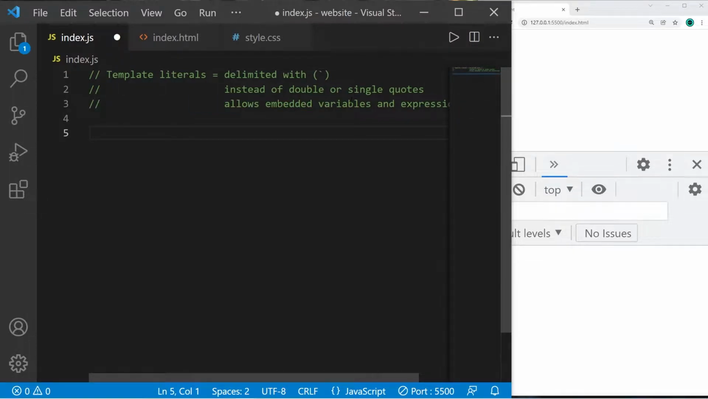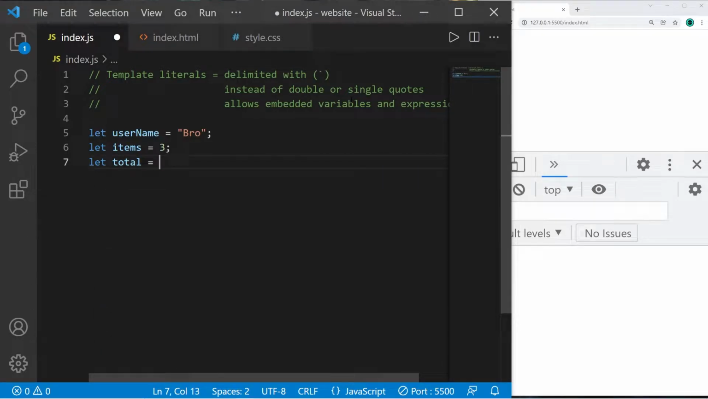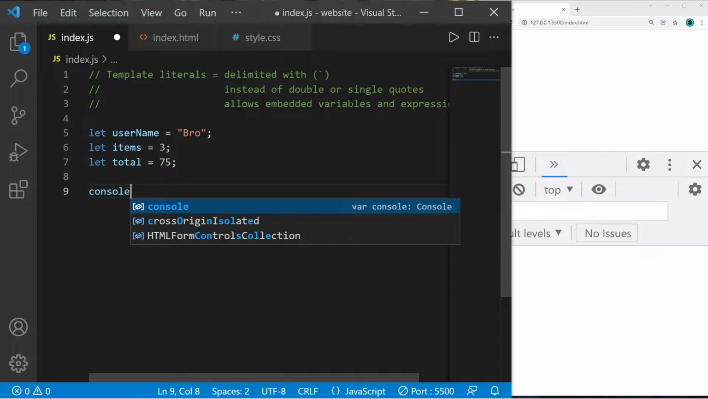Let's create 3 variables. Let username make up some username. Let items for the number of items that we have. Our cart has maybe 3 items in it. Let total and make up some total price, $75. Okay, so normally if I would like to display these variables along with some strings with console.log, I would